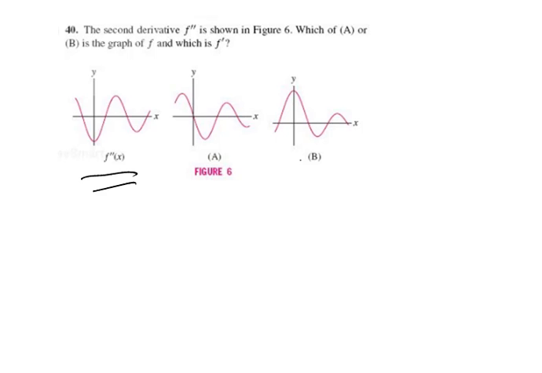Now, one thing we know: when the second derivative has a zero, when it crosses the x-axis, then the first derivative is going to change. Here, notice it has positive slopes, and then it has negative slopes, and the first derivative is going to have a horizontal tangent line at that point. So it would have to be this graph to have a horizontal tangent line here, so its derivative crosses the